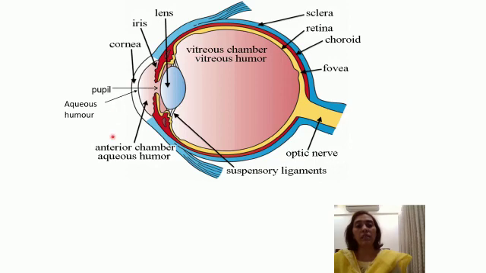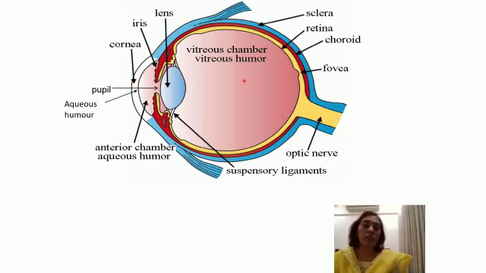So these are some important parts of the eyeball. Lastly, here we have got another labeling, that is choroid. Choroid is the main blood vessel supplying blood to the eye. And here you have the fovea. Fovea is another part in the retina, and it is comprised of a large number of cone cells. So these are some of the additional important parts of the eyeball.